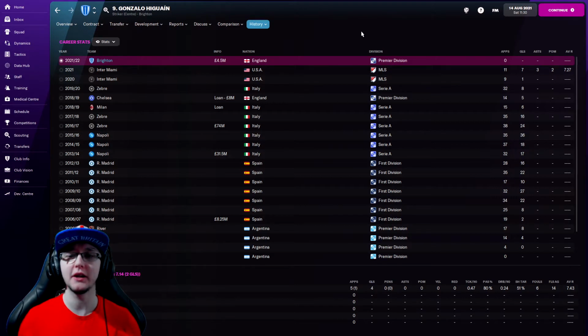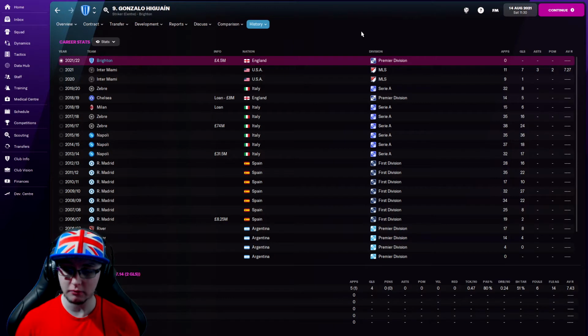He does of course come from the MLS side Inter Miami, where he's been having a fantastic season thus far. Scored 7 goals in 11 games, 3 assists, 2 player of the matches, and a 7.27. I don't know how he's been getting on in our pre-season. It looks like he's been doing okay. 4 goals in 5 appearances and 1 as a sub, so nice and solid there as well,